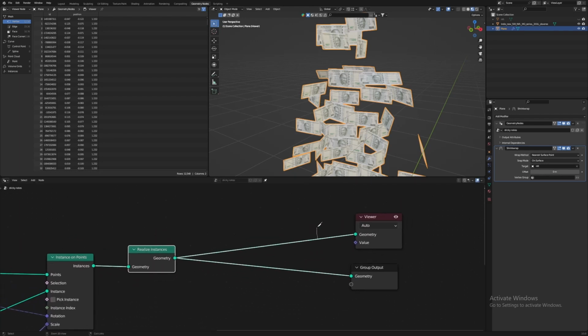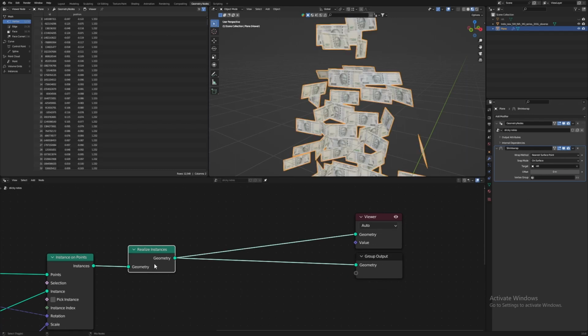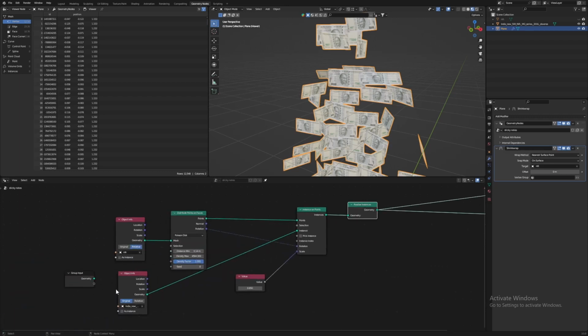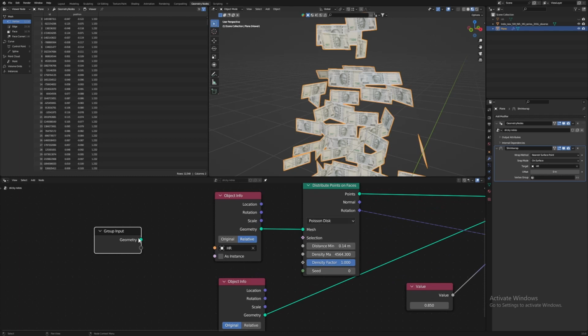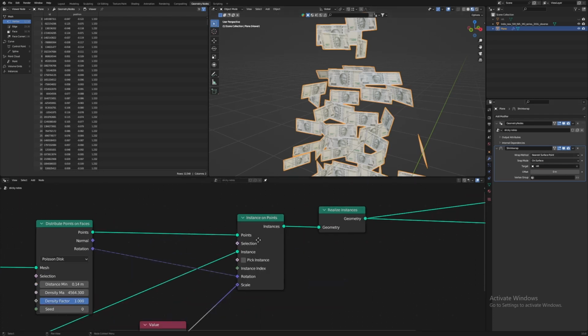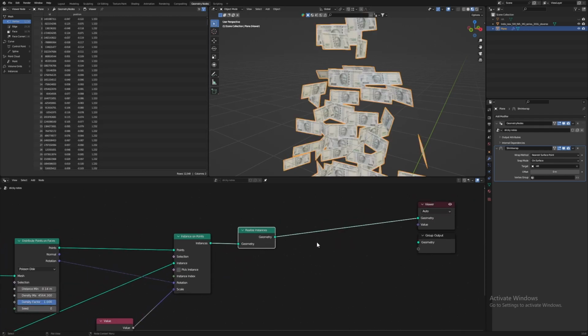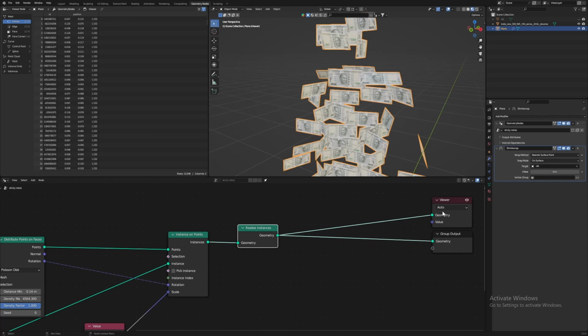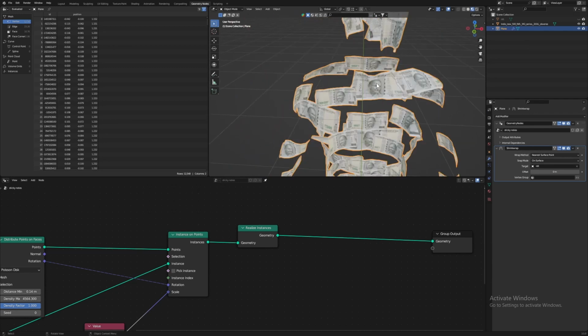So now my confusion starts speaking. Okay, let me check if I'm missing any of the steps. We can also always take these outputs into this, so that's not a problem. Another thing we can do is, we have to give a geometry output, so we can delete this, and as you can see, it is kind of